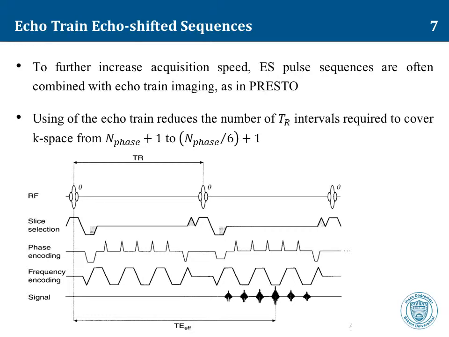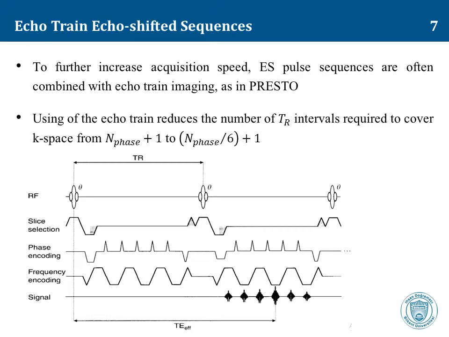A small positive gradient lobe is played on the frequency encoding axis after the echo train. This ensures that the net gradient area in any single TR interval is 0, because the frequency encoding waveform is not contributing to the echo shift in this example. Before the echo readout window, a gradient lobe is played along the phase encoding axis to produce an individually phase encoded